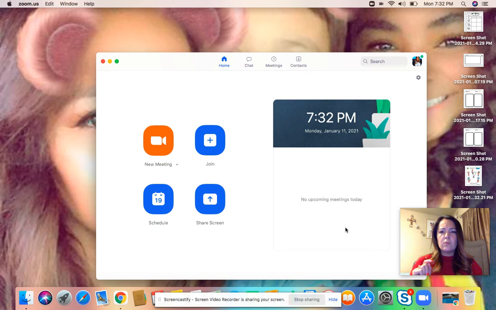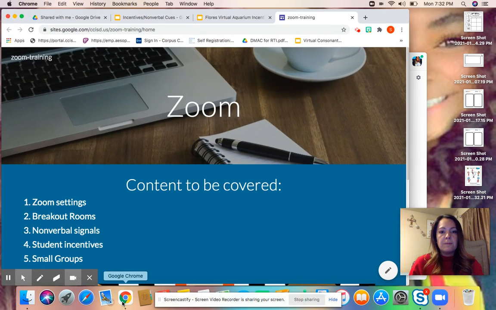Oh, one other thing as well is that the breakout rooms could be done for small group instruction as well as for your turn and talk. So you can always have the turn and talk or for your HOTS questions, and you can assign certain students in one breakout room that will be able to complete that assignment while you're working with other students who need a different kind of intervention maybe, and you can work with them in your other group. That's a great way to do small groups as well. Okay, so let's go ahead and look at